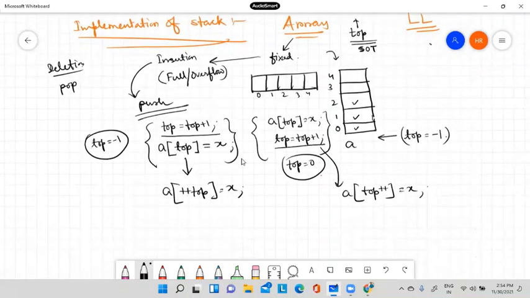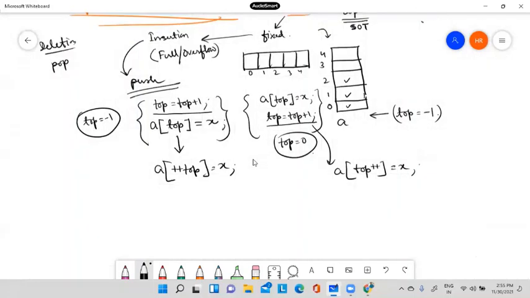But since we have to take care of the overflow condition, what is the overflow condition? If somehow top reaches the maximum size of the array, then we have to stop.